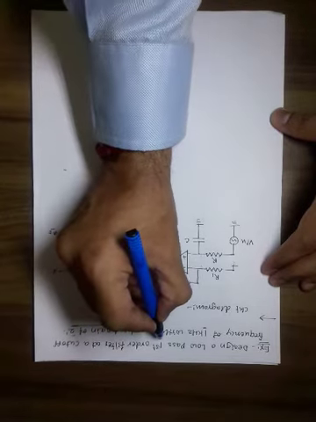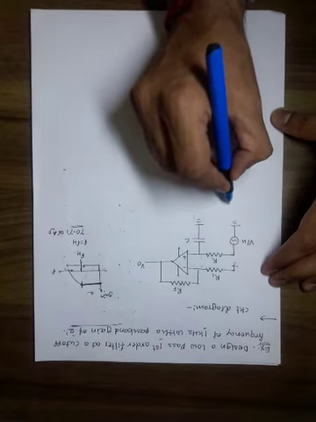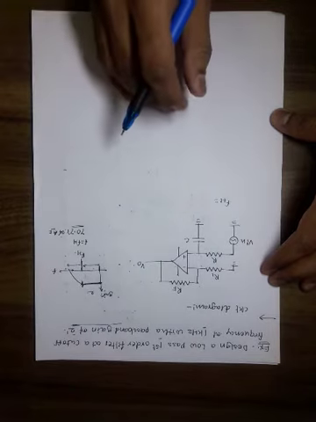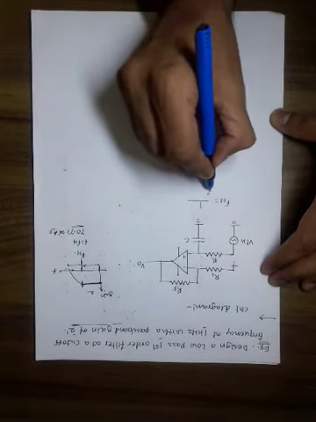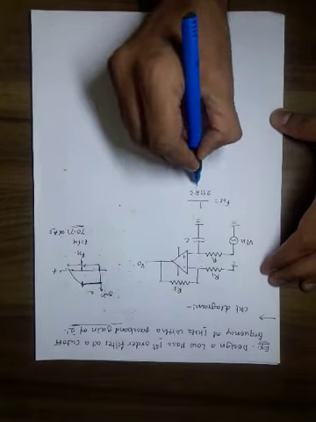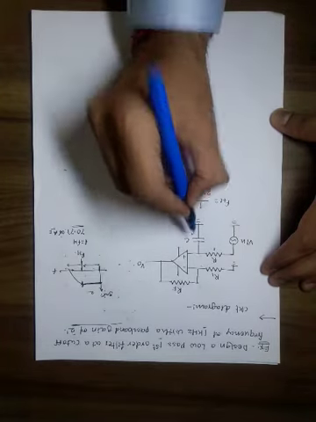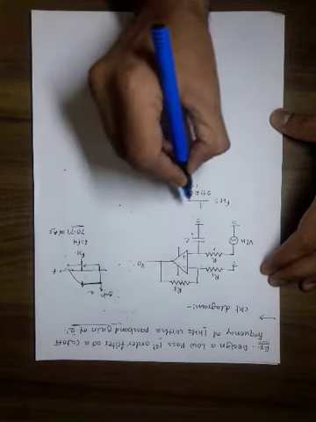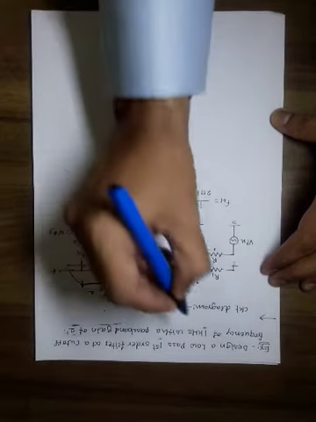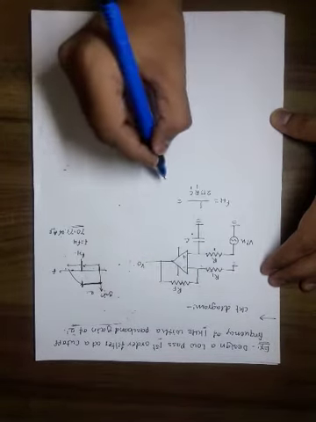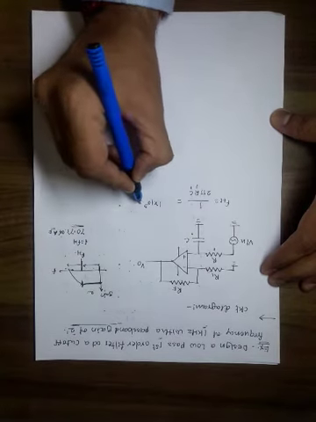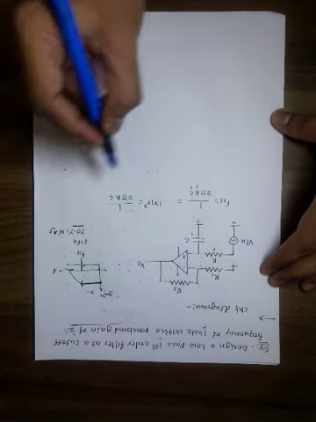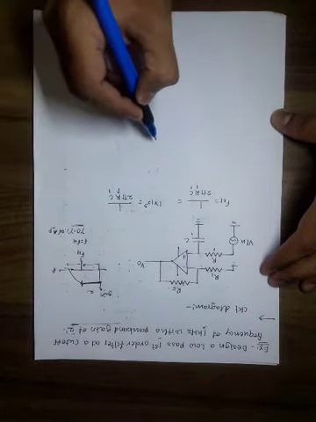So the first step is the cutoff frequency. The formula for the cutoff frequency is FH equals 1 upon 2 pi RC. Here this R and this C are the filtering components, while R1 and RF deal with the gain of this filter. Substituting the cutoff frequency, 1 into 10 raised to 3 equals 1 upon 2 pi RC.